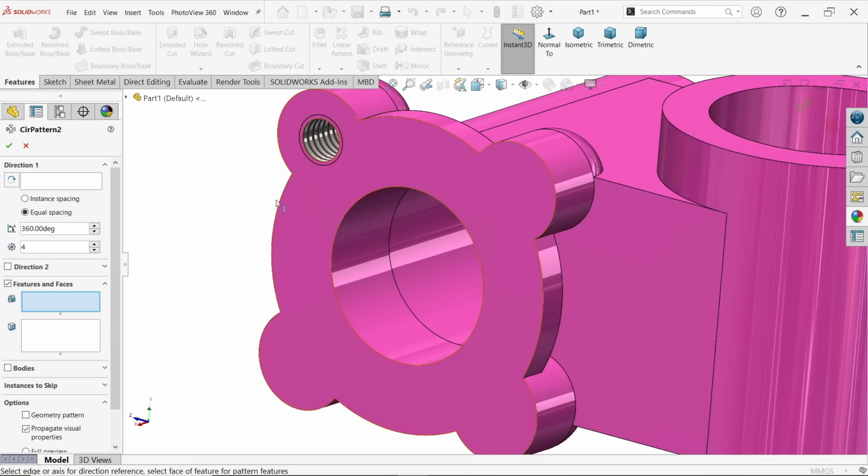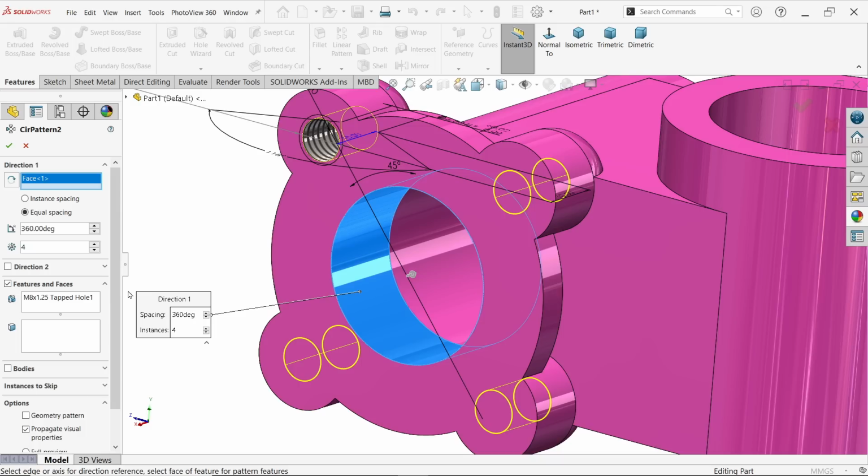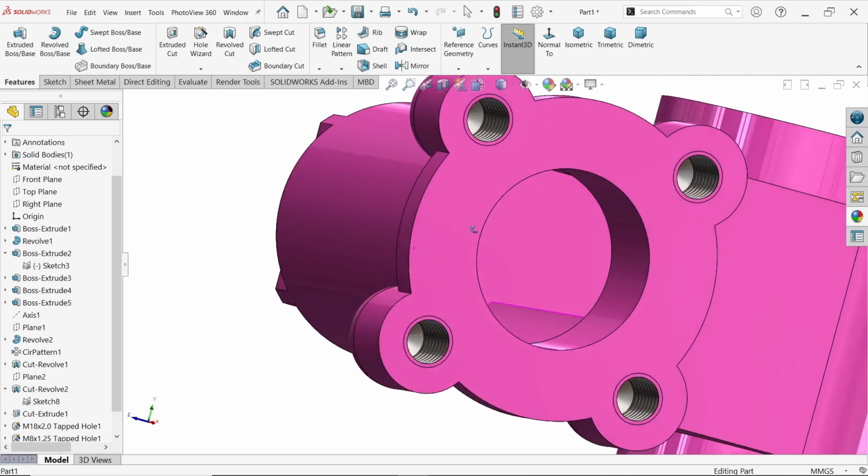Circular pattern. Feature, I am going to select this. Now any circular edge, I am going to select this circular edge. Equal spacing 360 degree, 4 number of holes I need. Okay, look,